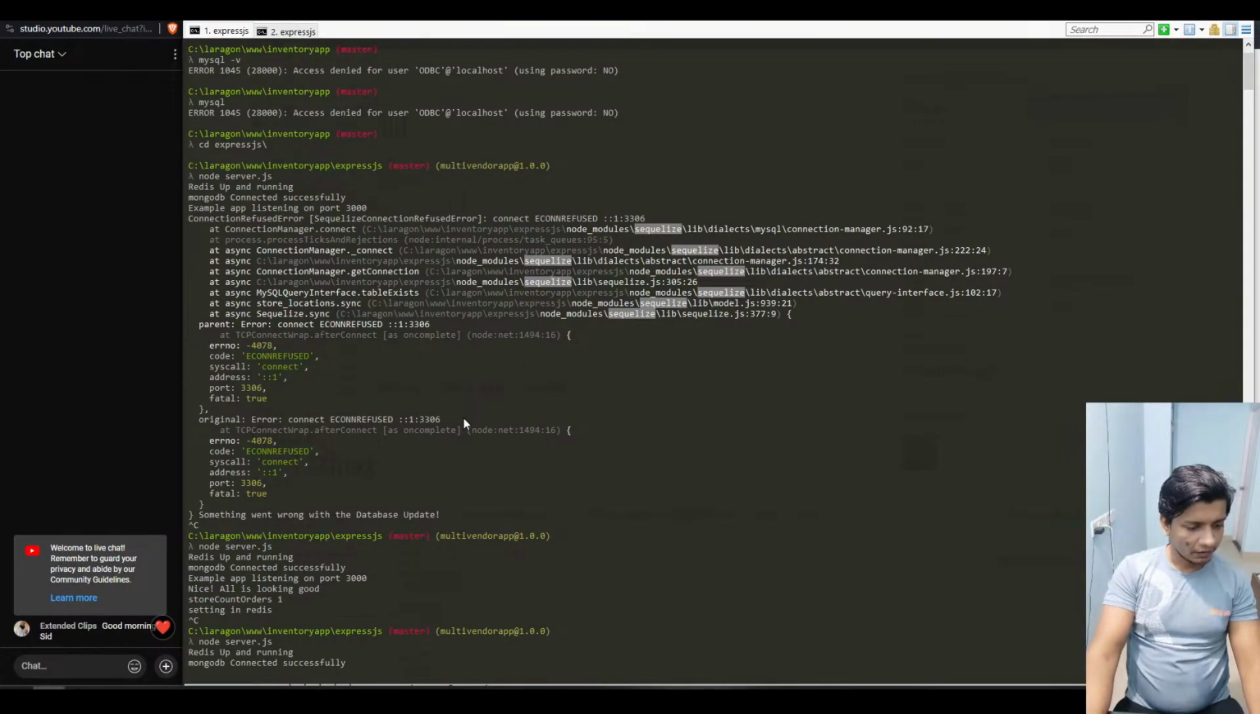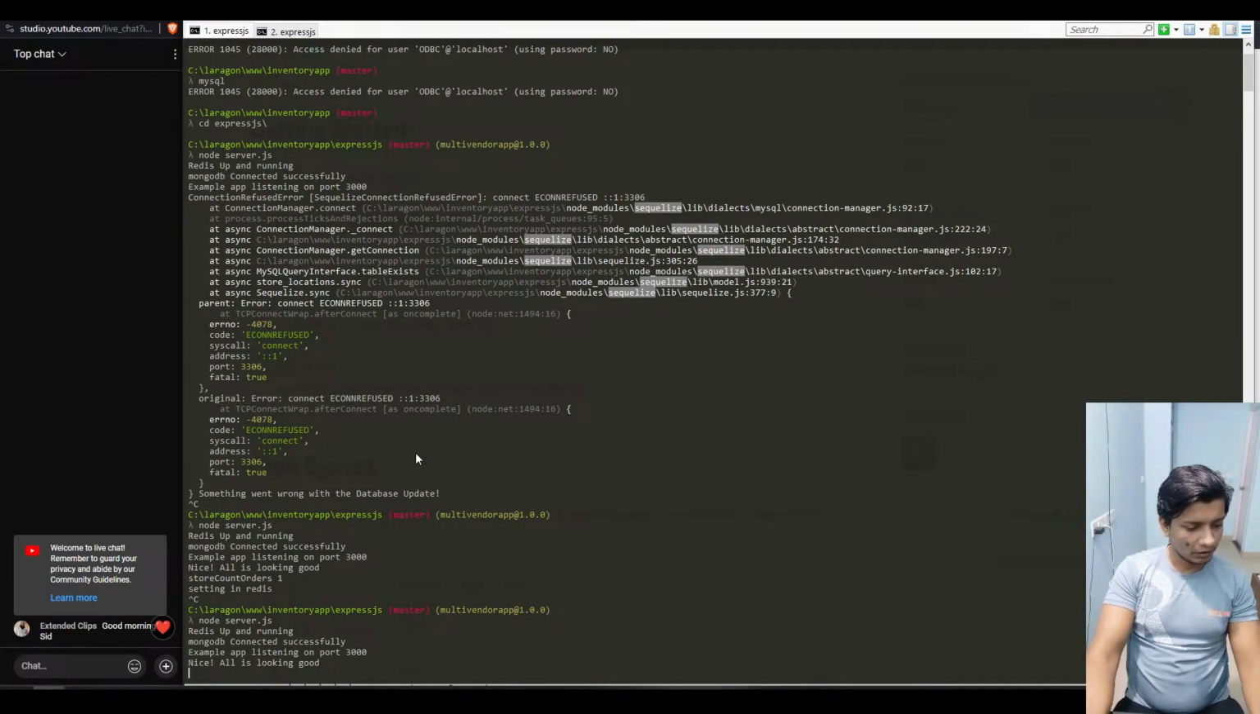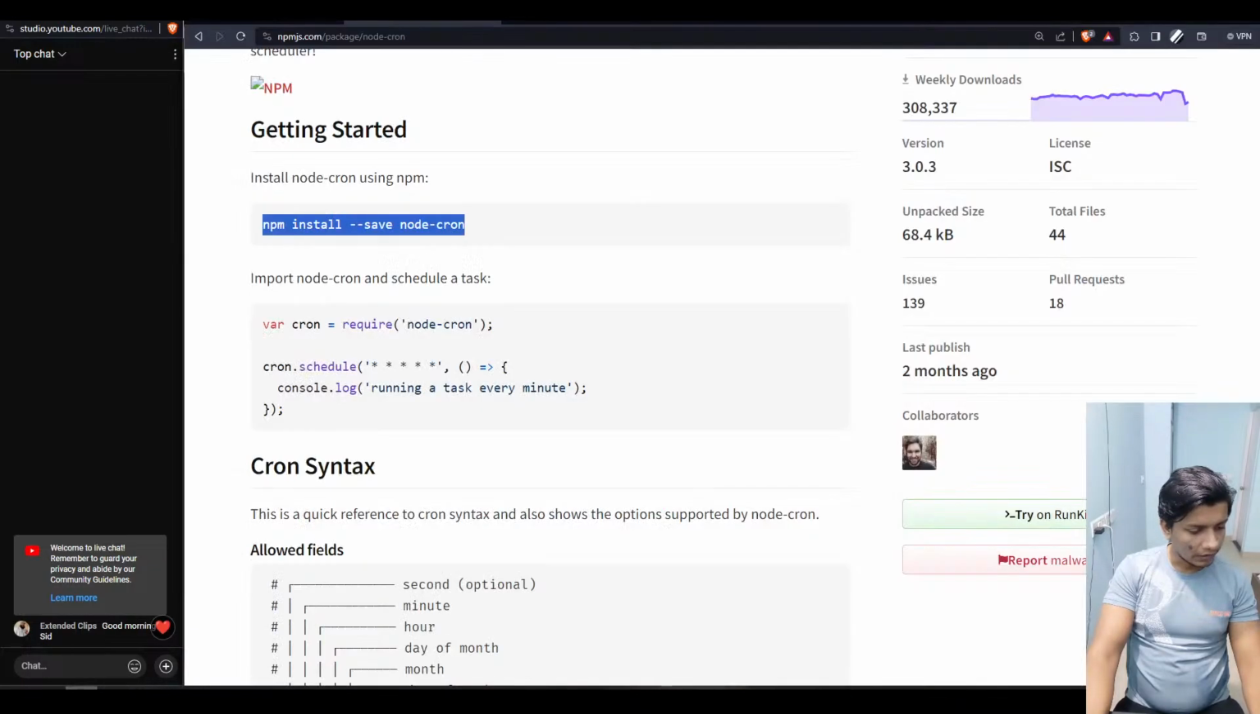So we will restart node server.js, so that will load up the cron package. So now in the example, we can see